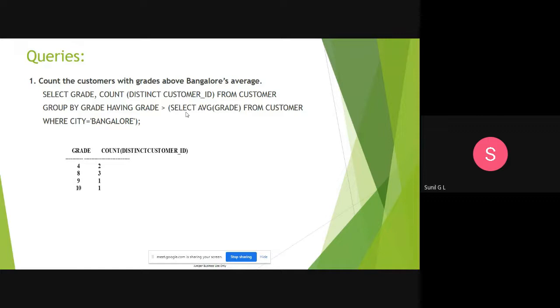So how will we get the average grade of Bangalore? Select average grade from the customer table where city is equal to Bangalore. When I execute this, I will get that grade and the number of customers having a greater grade. This is the result we are getting after executing this query.